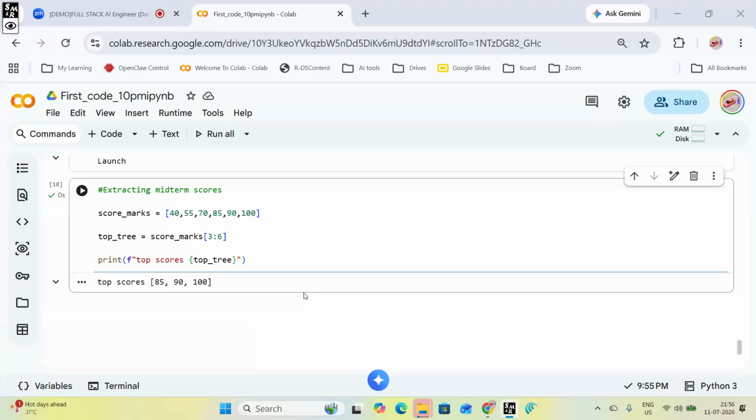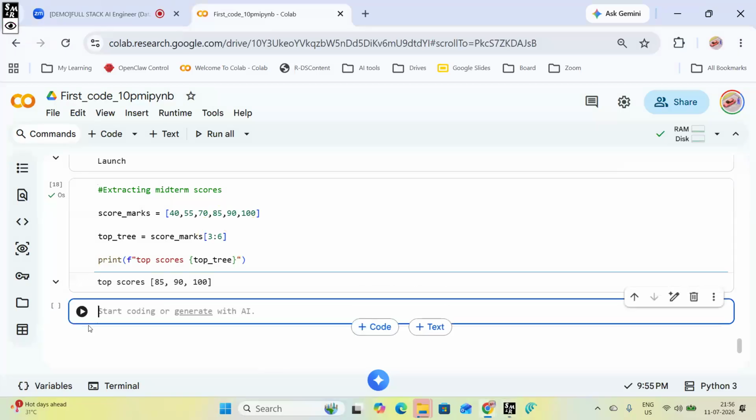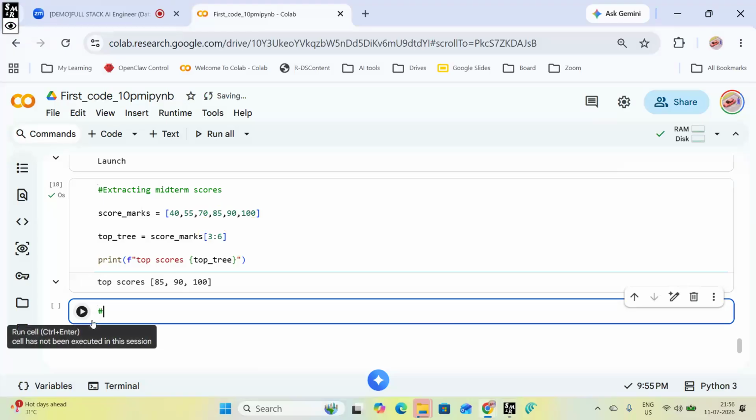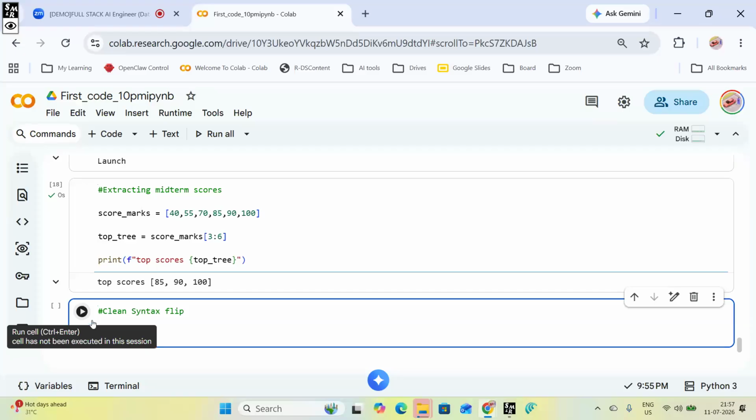Till now we are printing the values in a regular manner. We are not reversing. I got an idea that I need to print the values in reverse. Clean syntax flip. Okay, clean syntax flip, right? What I will do here,